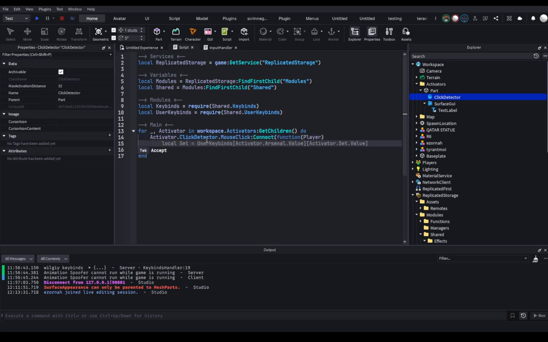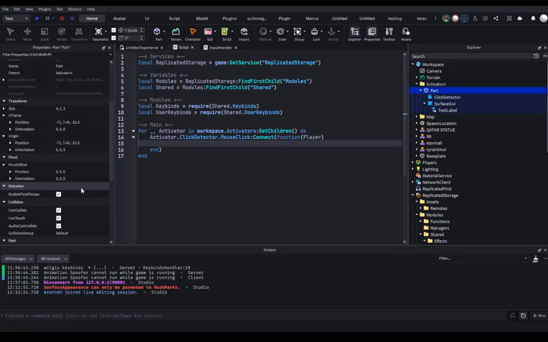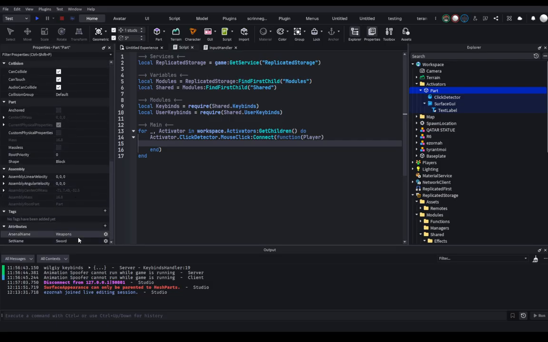because every single one of these activators is going to have a click detector inside of them, you're going to set up an event for every single click detector that's going to say add whatever set name or whatever arsenal name they have as their attributes into their data, right? Into the keybinds. It's like how you could do giving keybinds to the players. So basically the way you would do that is